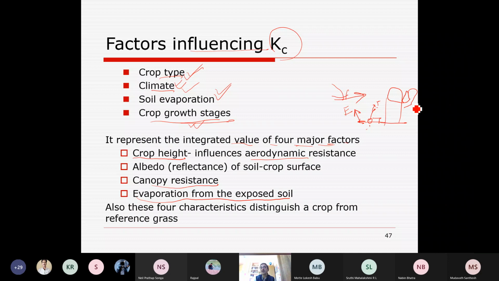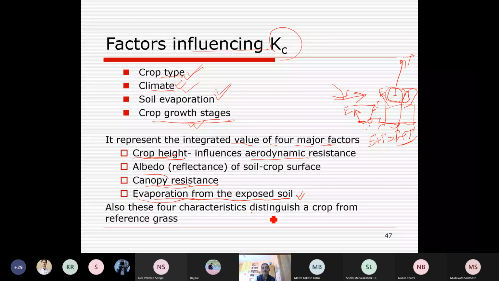So here evaporation is suppressed and transpiration is increased. So in both conditions, evaporation plus transpiration is equal, when the stage has changed. So evaporation from the exposed soil is important. Also these four factors, crop height, albedo, canopy resistance, evaporation from the exposed soil, these characteristics distinguish a crop